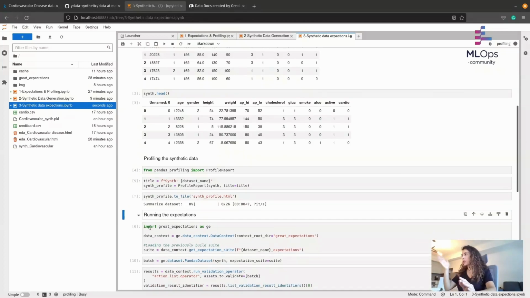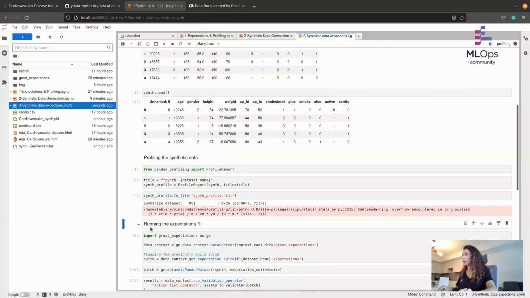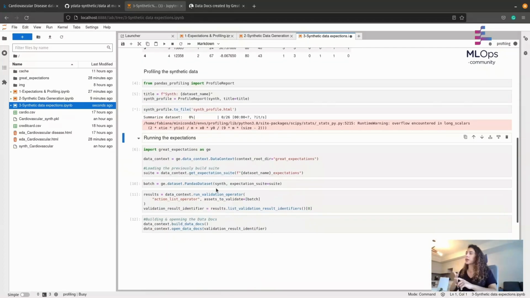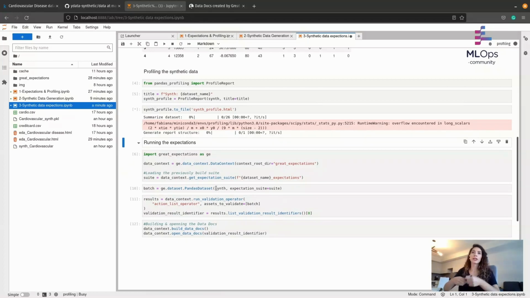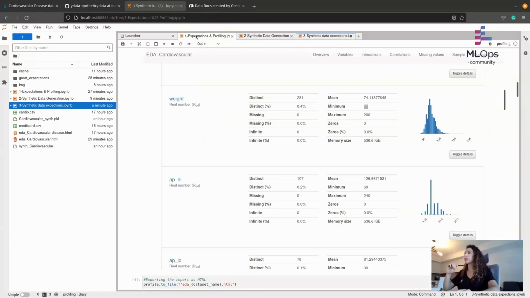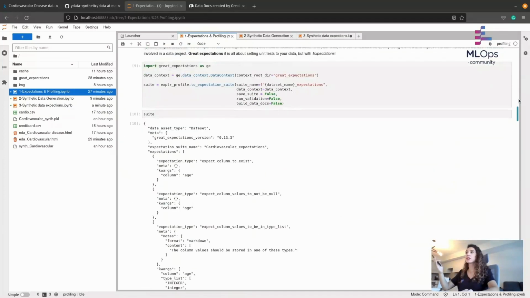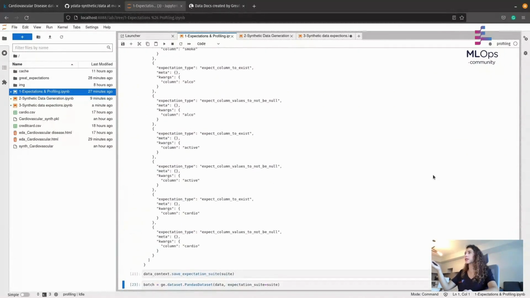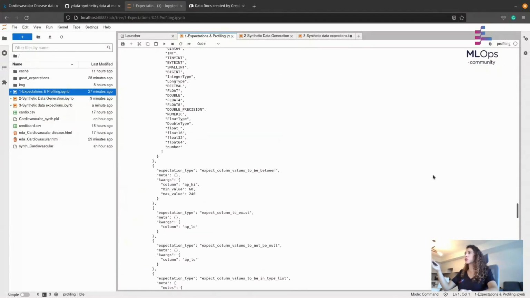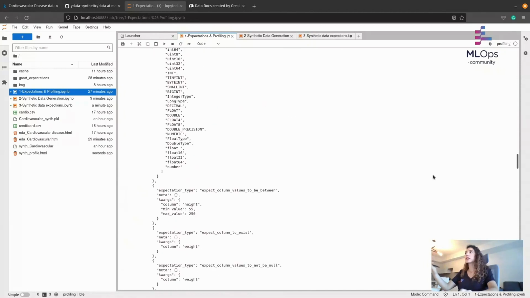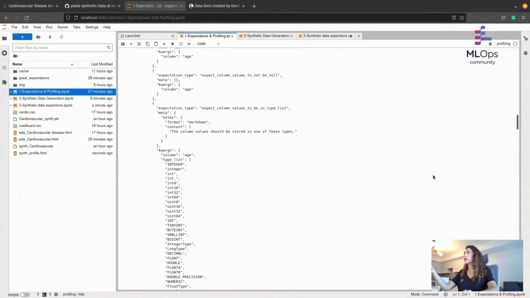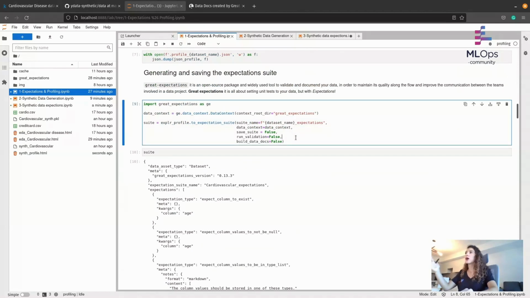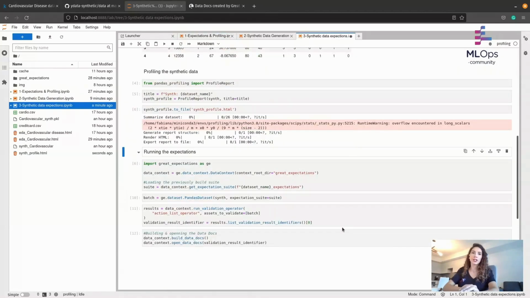Okay, so it's just building the profile. I'll be showing you in a couple of minutes. In the meantime, I'm just explaining the last step prior to showing you. Do you recall the expectations I generated right at the beginning using the initial profiling step? Well, this is where now this suite of expectations will become handy. So I'll be running my expectations against the synthetic data I've generated